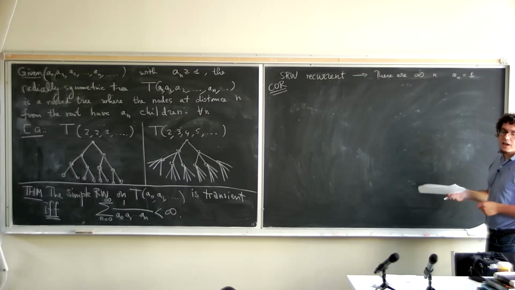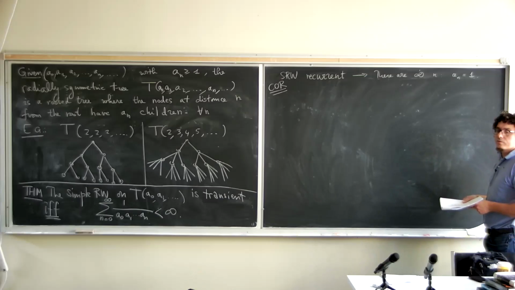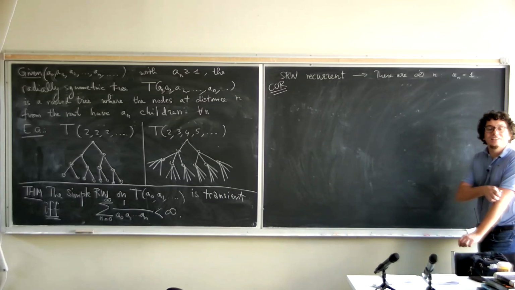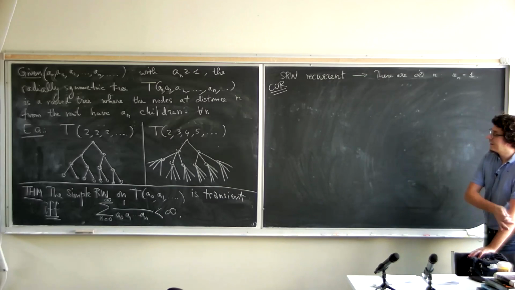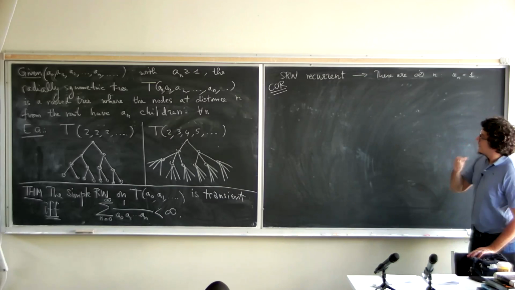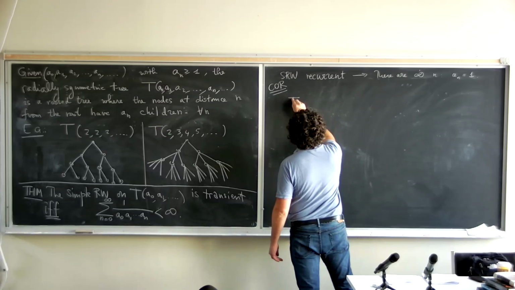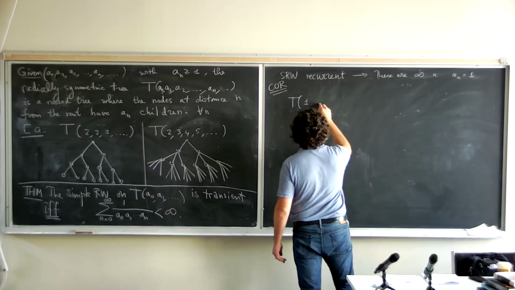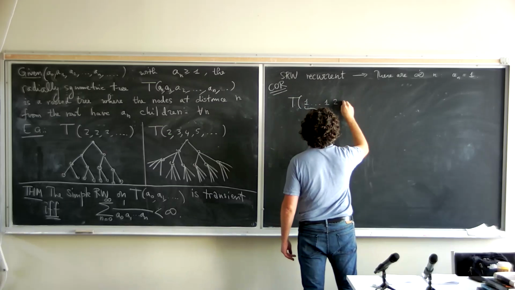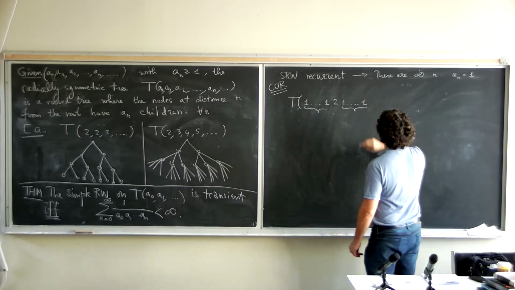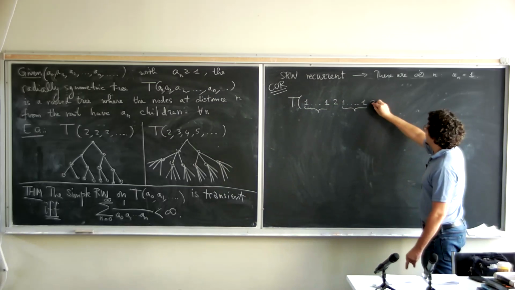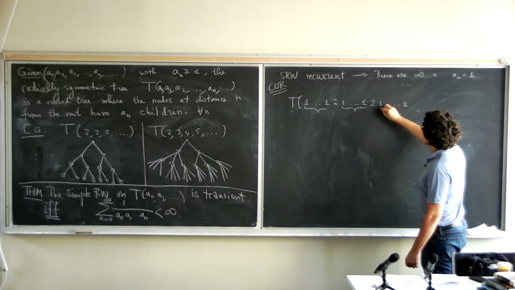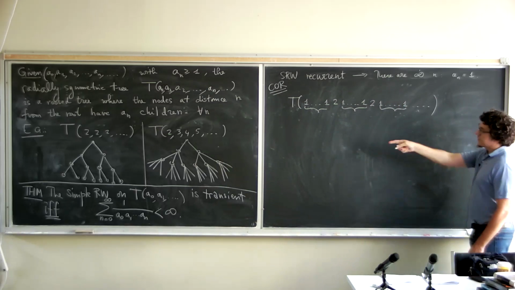Let's say we have infinitely many 1s and infinitely many 2s. You could just consider the series of just the 2s. Or maybe not. It's a good question. So let's see. Suppose I give you T of, okay, I put a lot of 1s, then I put a 2, and then a lot of 1s. And then I put a 2, and then a lot of 1s. Can I make this diverge?